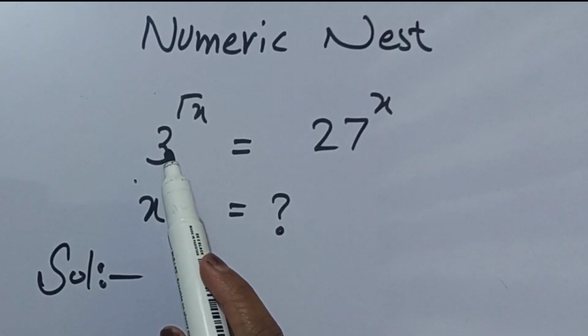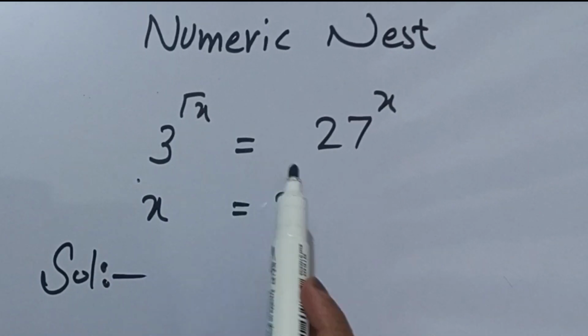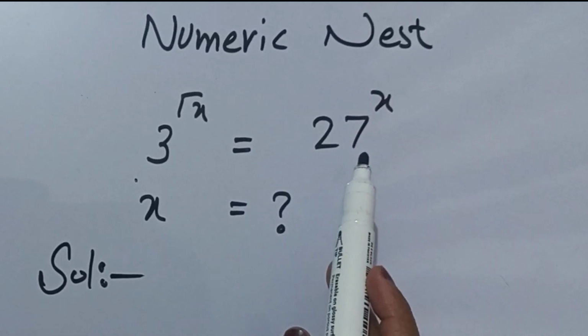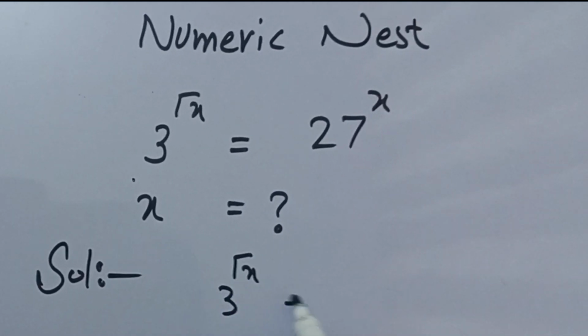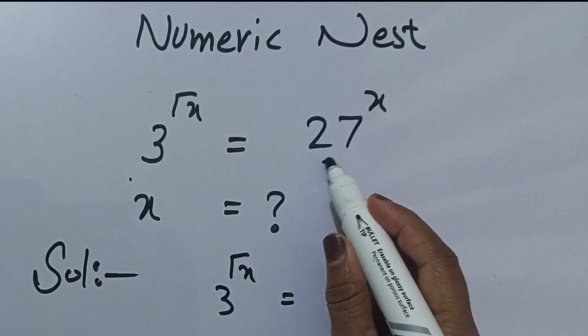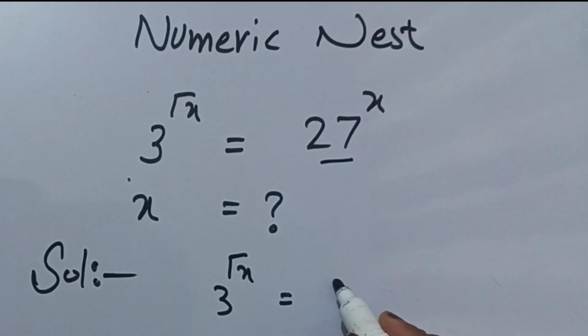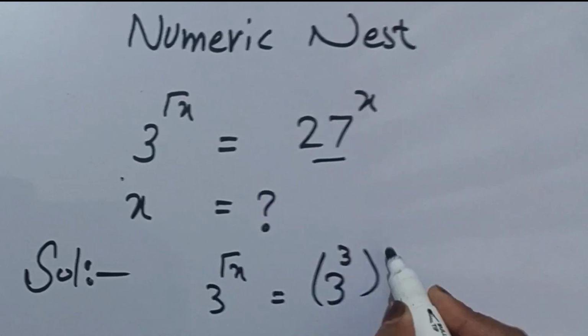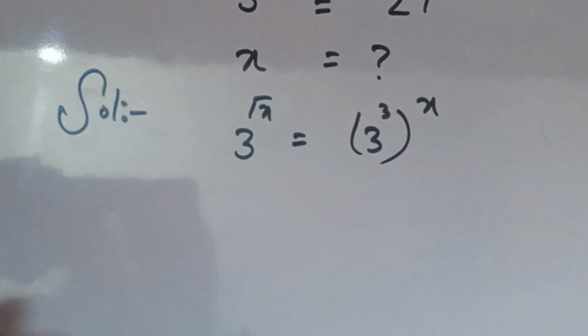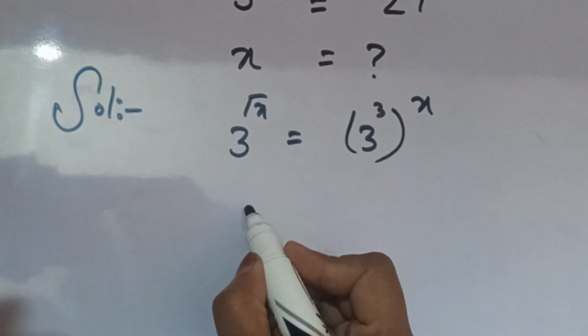We are going to solve this question for x, and we have 3 raised to the power square root x, equal to 27 raised to the power x. We write this 27 as 3 raised to the power 3, and its power is x. First step, we use this identity, which is the nth root